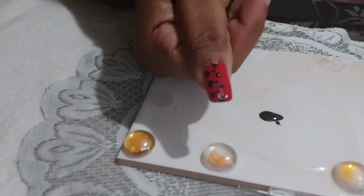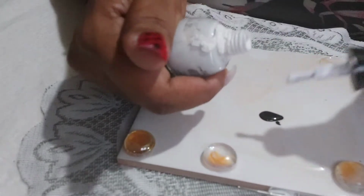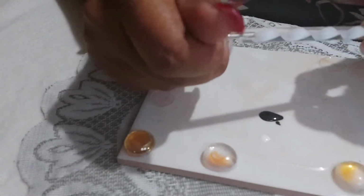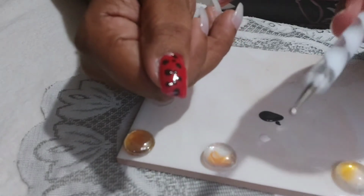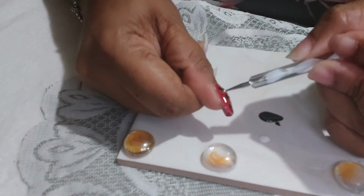Now I could obviously leave this like this, but as I said, I want to add some white to the mix. So I will definitely add a little white, not much, just enough to give me my dots. And we don't want to put too much because it will be wasting the polish if we don't use it to do the dots. And I'll be using a different size of the dotting tool. So this is a different dotting tool. Submerge it in the white polish and make dots,